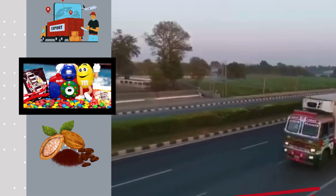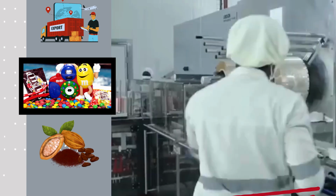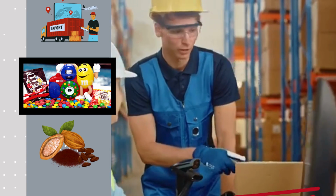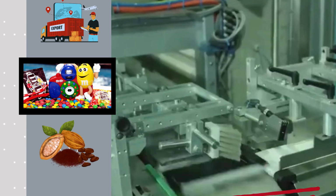Mars, Incorporated is one of the world's leading confectionery manufacturers, with a diverse product portfolio distributed worldwide. Mars Wrigley, the confectionery division of the group, owns many famous brands around the world. Key products include M&M's, sugar-coated chocolate balls in a variety of distinctive colors, Snickers, chocolate bars with caramel, peanut, and